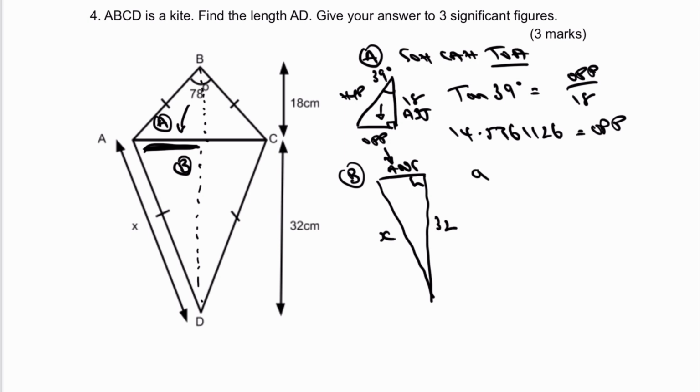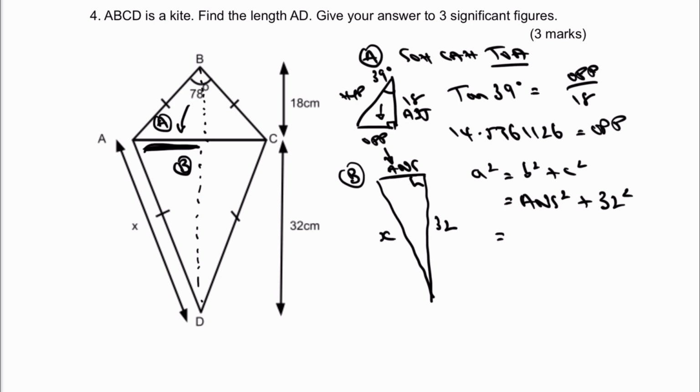So I can say that a squared equals b squared plus c squared. Well, that's going to be equal to, again, I'm going to use answer squared because I haven't changed my calculator. It just saves me writing out 14.5761126 squared, which I'm sure you'd get very bored with me writing that, plus 32 squared. Okay,